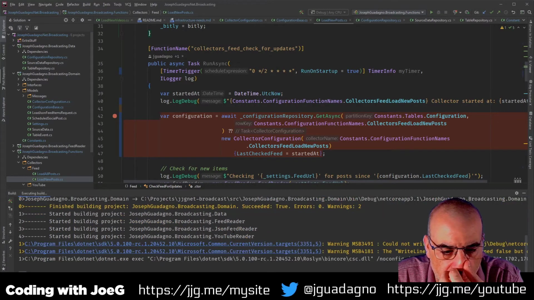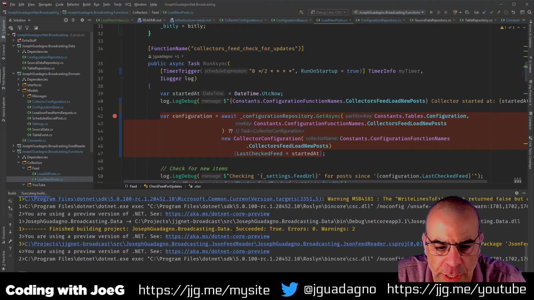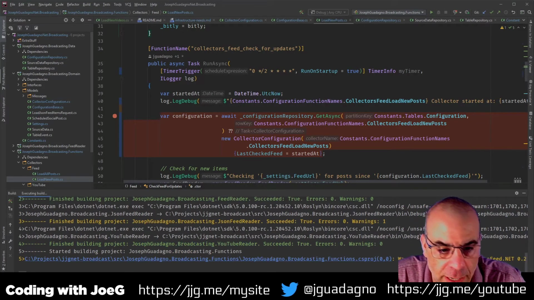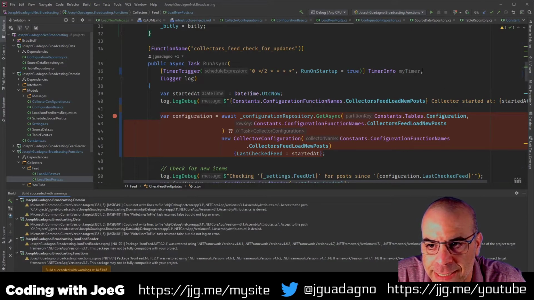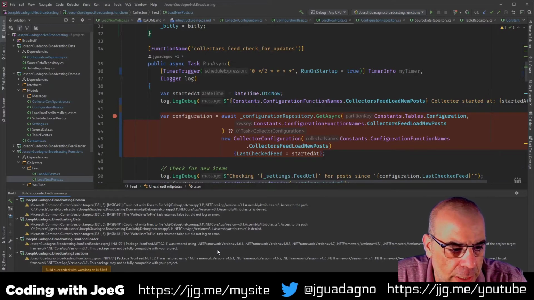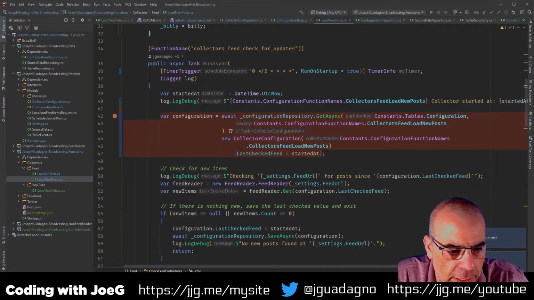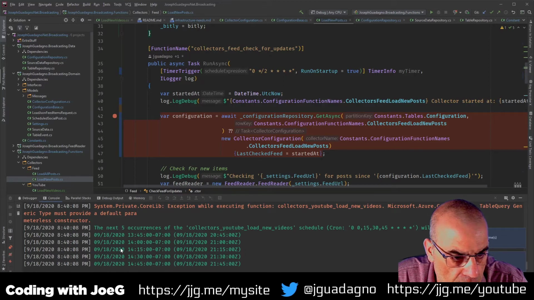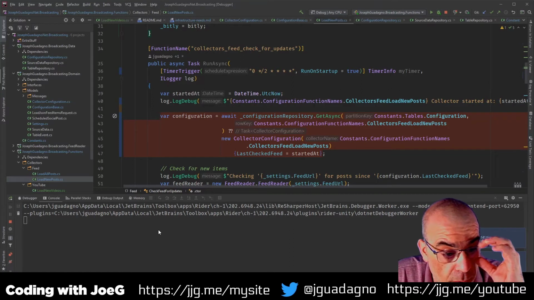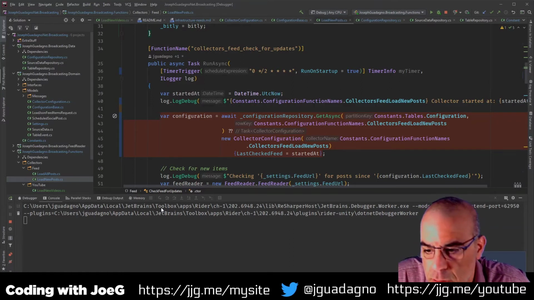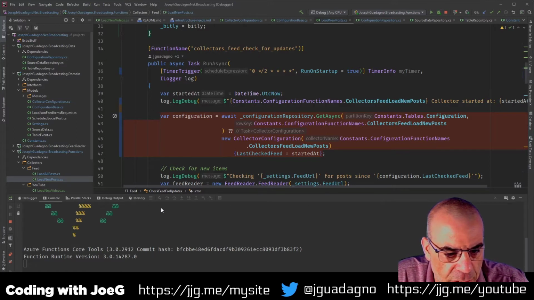Now, yesterday, I was wondering why my new blog post this morning didn't work, and I totally forgot that in the last build, I broke the build because I deleted this timer info, my timer, because it's not being used. But Azure Functions is like, I don't know what to do now. You broke me because I didn't have that function there. Build is done. I did a whole bunch of changes and I probably should have rebuilt it first. But let's see how it goes.